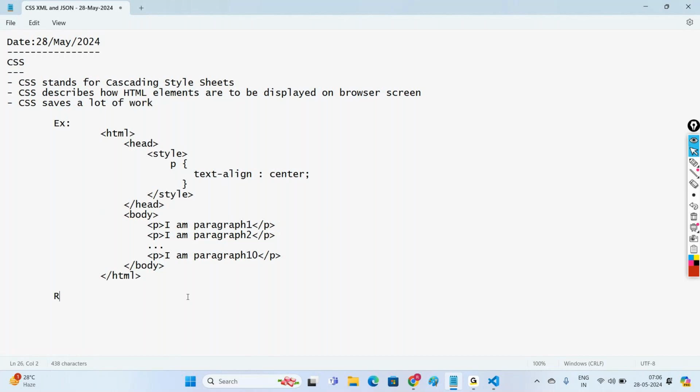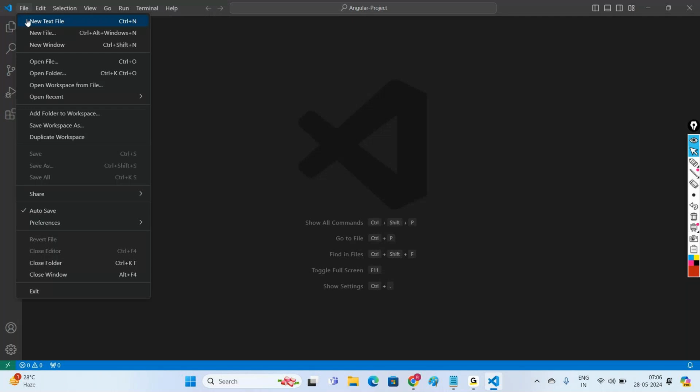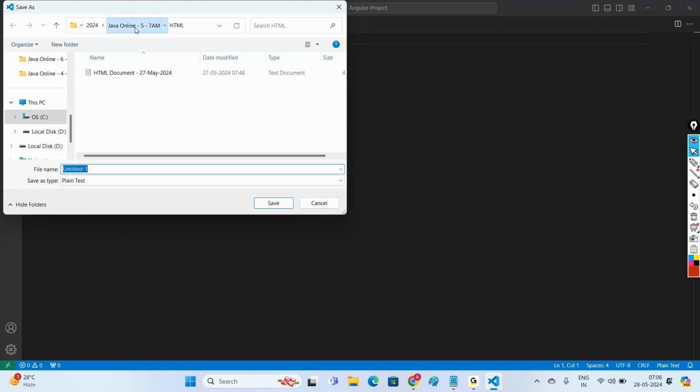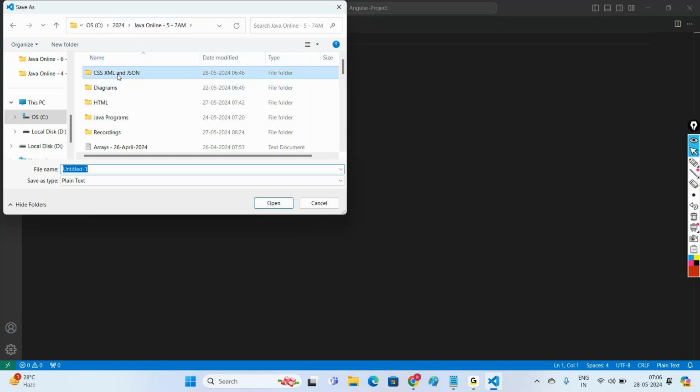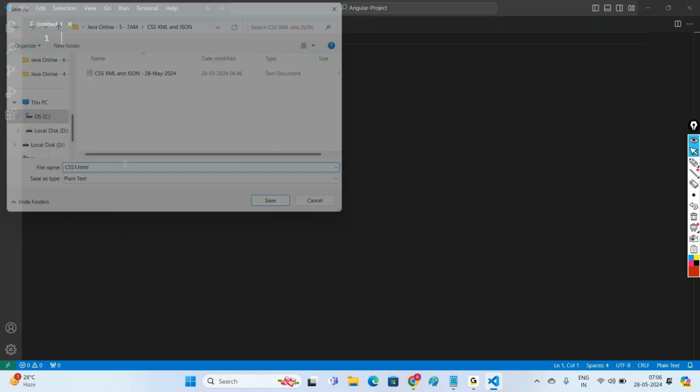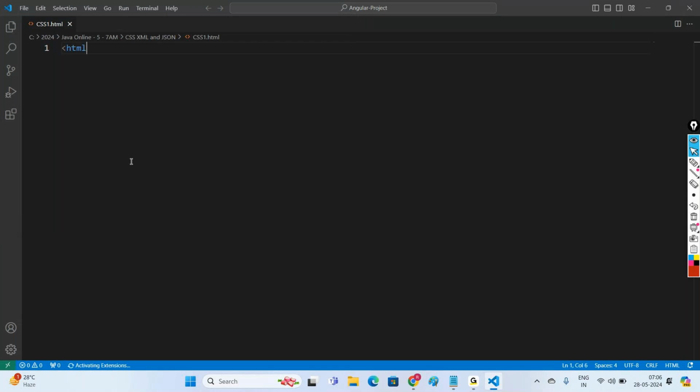Now let us write the complete code. Open Visual Studio Code. Create a new text file. Let me save this file. So we are working in our folder. I have created a folder CSS. In that, let us save the file css1.html. Here HTML. Head section. We'll come back to head section. Then in body section,